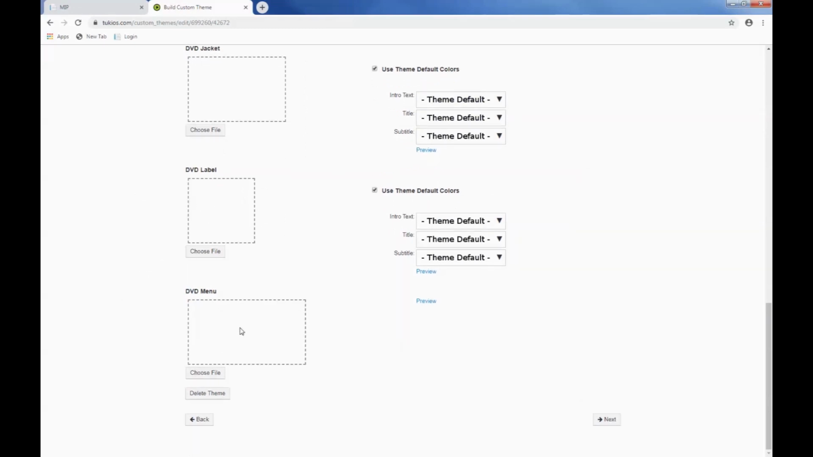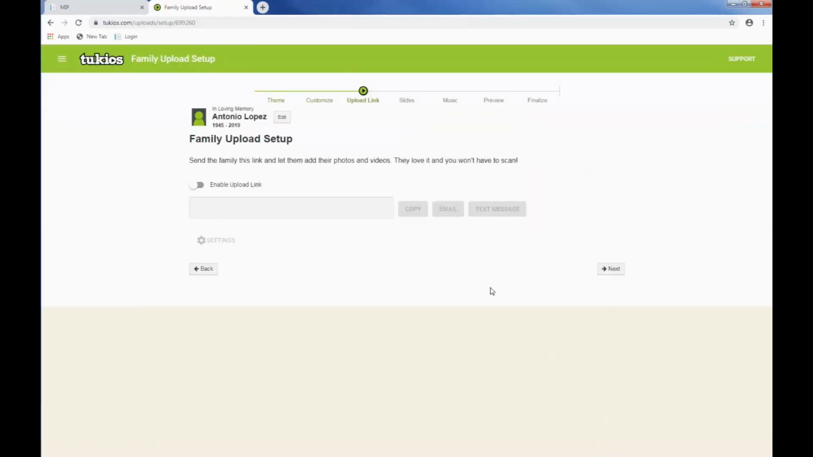Same with the DVD menu. When you actually create the DVD, you can choose a custom file for that menu. Once you're done with that, you can click Next. Next, it takes us to the upload link. You'll see here you can send the family a link, and it can let them add their own photos and videos to the Tukios. You can enable the link by simply clicking on the slider,